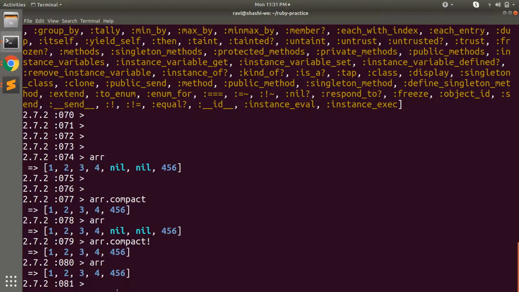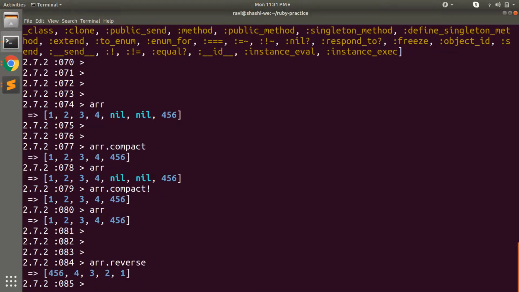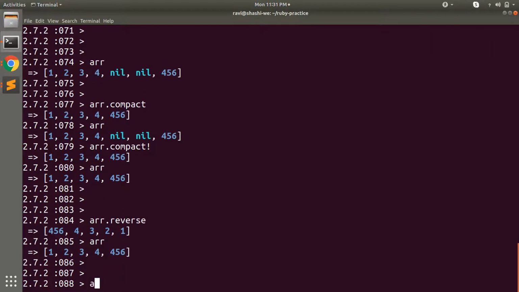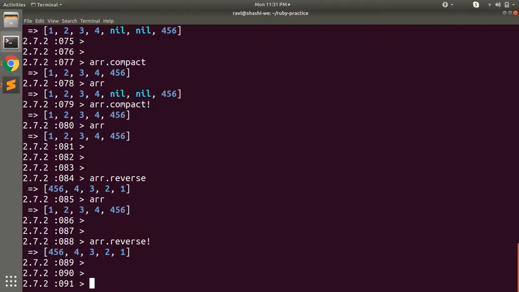Okay, now if you try to reverse this array, you will see that this array has been reversed. But when you access the array, you will still see the original array. But if you make it like array.reverse!, then you will see the reversed array.